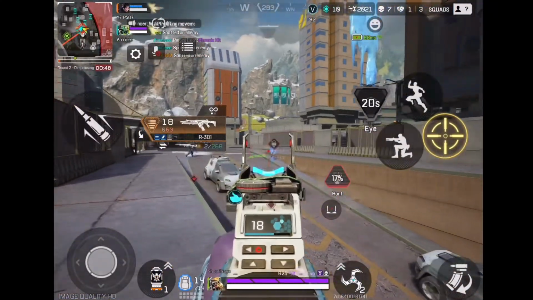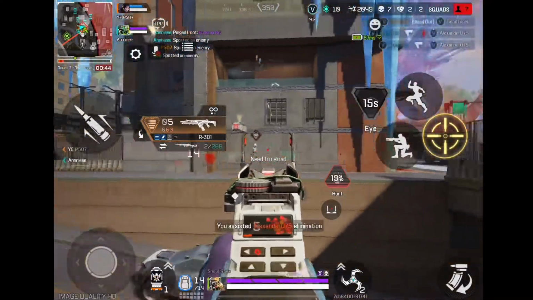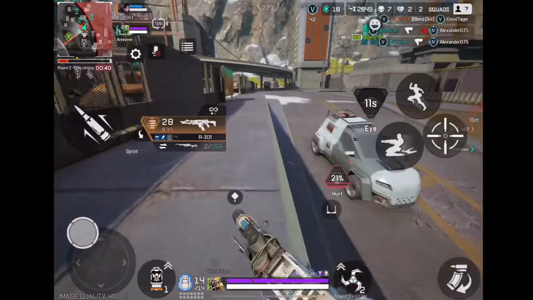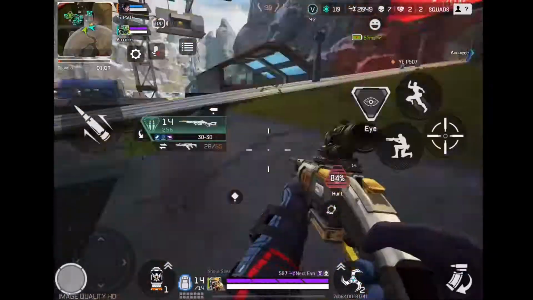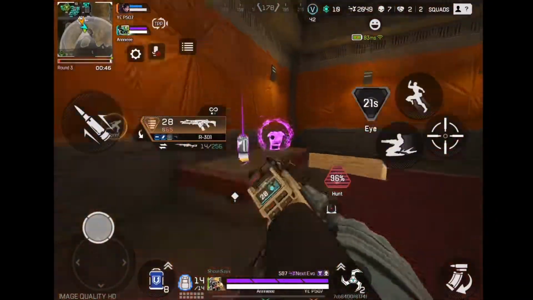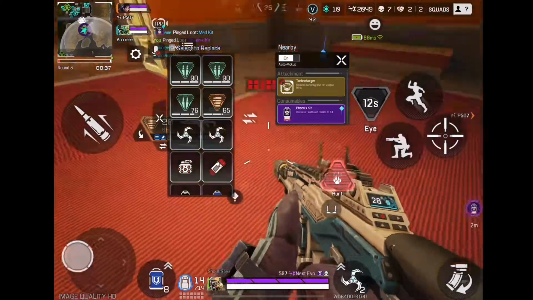Our team sees where he's at, and we start shooting him as much as possible. Sadly, I'm terrible at this game, so I missed. But then we do end up hitting him, and he was able to get him with her accelerator. And then we're going to go ahead, loot him, and get on out of here because the shield was coming pretty fast. So we're going to go ahead and get over to train station, and then go inside of the